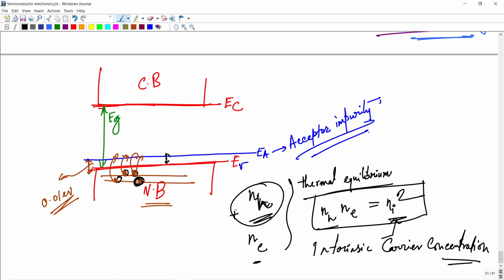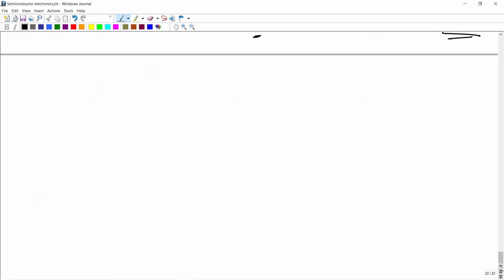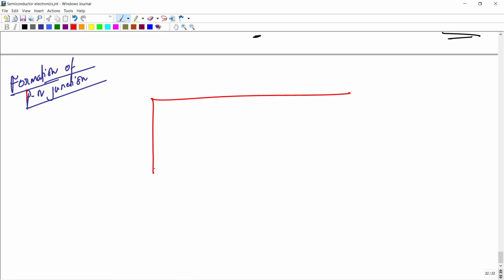Okay. So now jump into the next concept we discussed, that's called a junction. The formation of PN junction, that's a very important concept. Formation of PN junction is very important. Okay, and you see that you draw this P region,